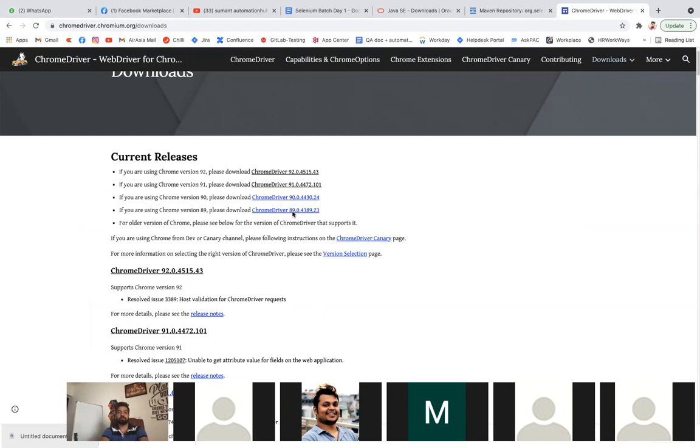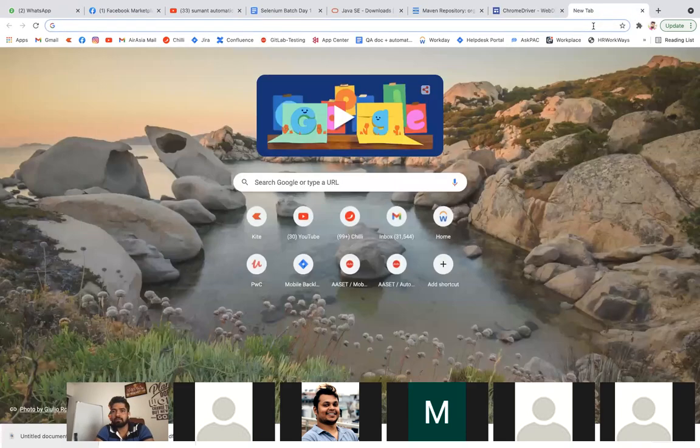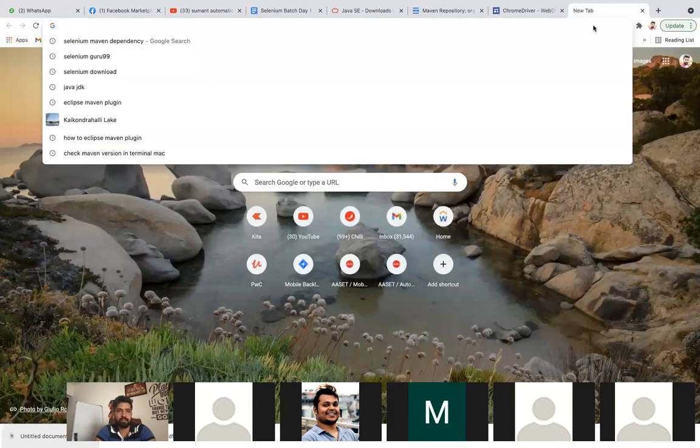So which driver do I need to install? That is also a question, because sometimes you download the Chrome driver but it will not work in your project, or it will not launch your Chrome. The reason is that you have to download the specific driver version matching your Chrome version.